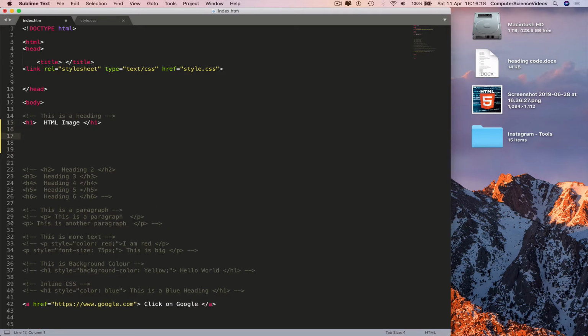Go to a new line and now insert the code that will allow us to see the image on the website. Less than img src equals, the name of the image, which is image.jpg, alt equals HTML in speech marks,